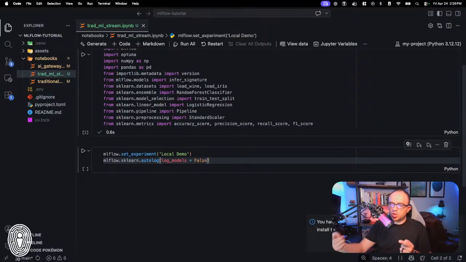The reason that I am purposefully making this false here is whenever we do each run through Optuna, it is producing a model artifact. It's not saving the model artifact natively, but you are producing a model artifact to be able to do that Optuna test. So if I didn't set this to false, it would log all of those to that model registry, and I don't want that behavior.